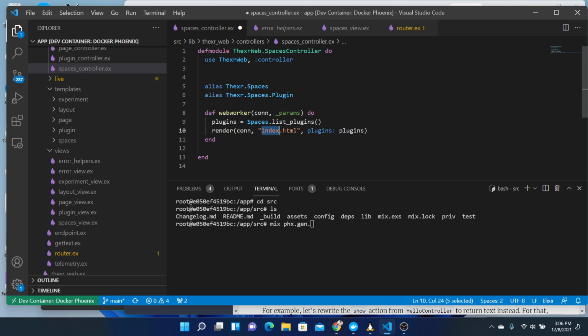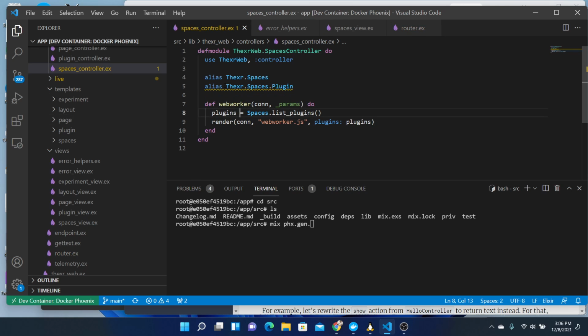Yeah, because like. And here we want to render. So we're going to give back JavaScript. Okay, do this. Web worker JS. And